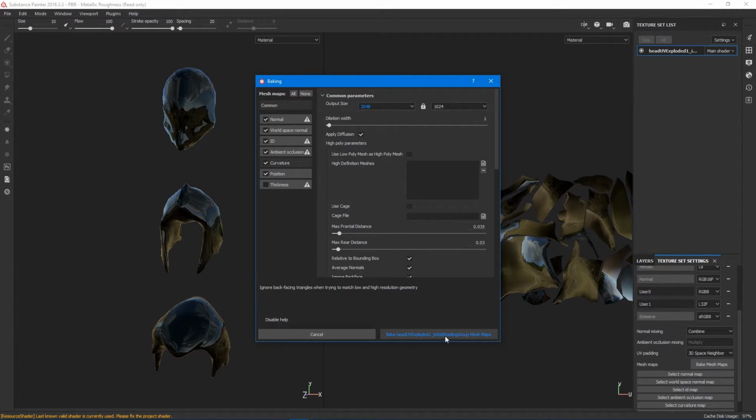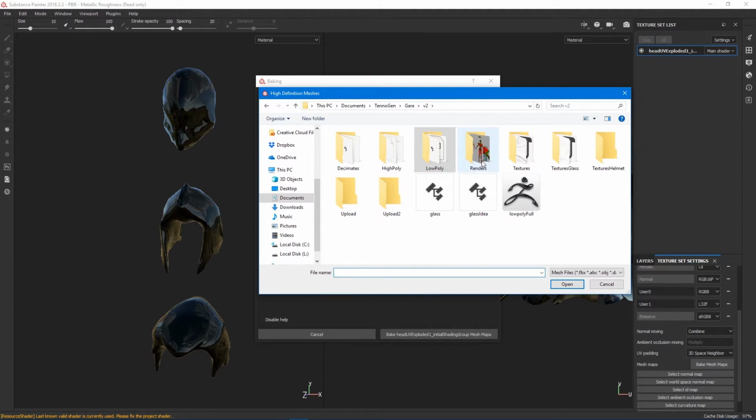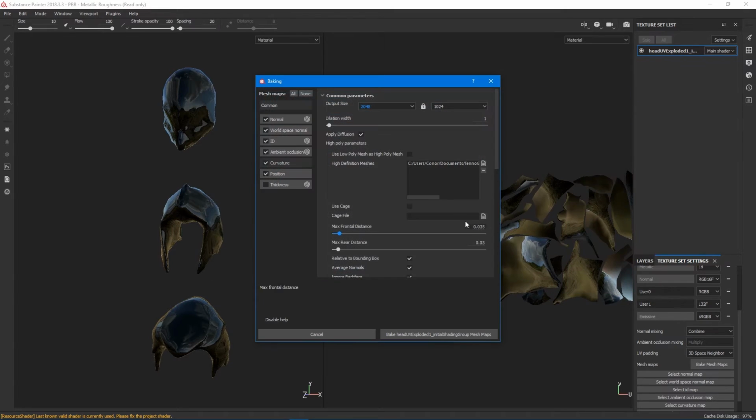And all we need to do is select our high poly and then click bake. And then we just leave it for a while. So right now I'm going to click this little page icon which opens up my folders. I need to locate my high poly. For mine, it's the exploded view. If you have one helmet that's one item, you just get your merged view. It doesn't matter. And you see on the left hand side, they are now going to be calculated in this